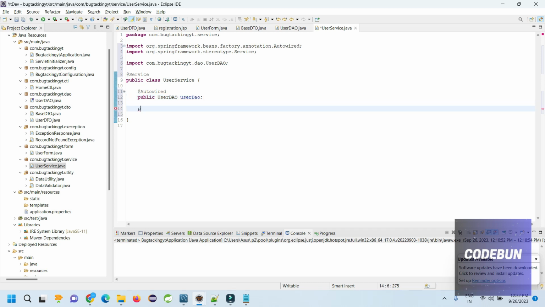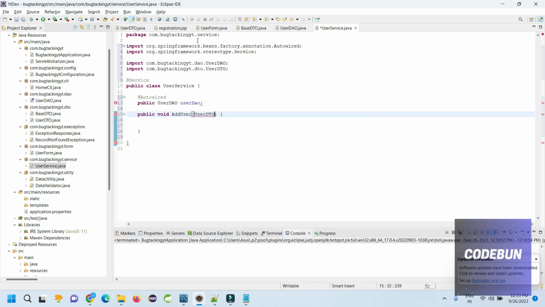Again, let's create a method that will be public, add user. This will register our user. What will this method return? Currently, let's just keep it void, and later we'll see what it can return. So we have a method here, and this method will take a user DTO as an input, and now in this DAO we have a save method, and here we are going to import